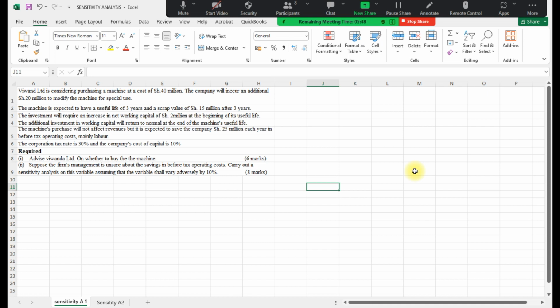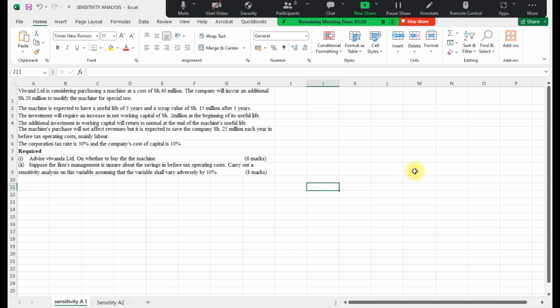And you'll find that we normally look at it in 2 ways, but most of the time we look at an adverse variation. Adverse is negative. For incomes, adverse variation means the incomes will reduce. For cost, it means the cost will increase. Under variance, it will increase, and that's why we consider each and every variable in isolation and see how the project responds when we vary that one variable.